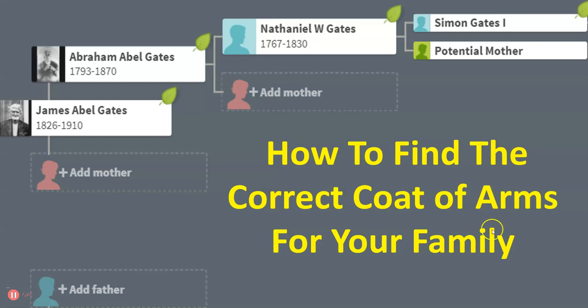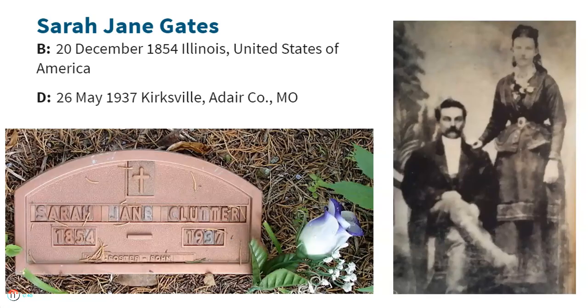We're going to take an example. Let's assume that this is our grandmother, Sarah Jane Gates. We have a picture of her here with one of her husbands and a picture of her tombstone, Sarah Jane Clutter. Must be her married name, as her maiden name was Gates. So she lived in the United States, born in Illinois, and passed away in Missouri in the first part of